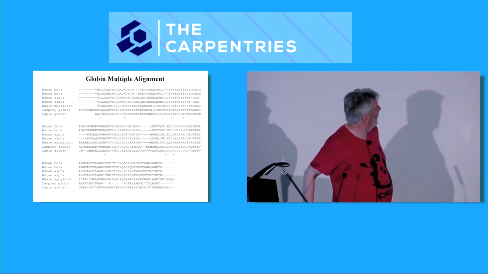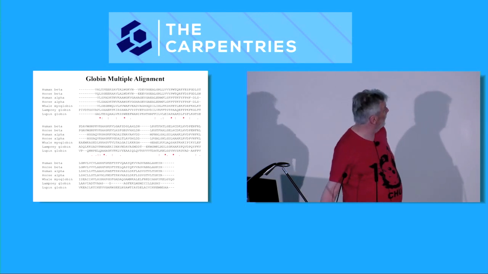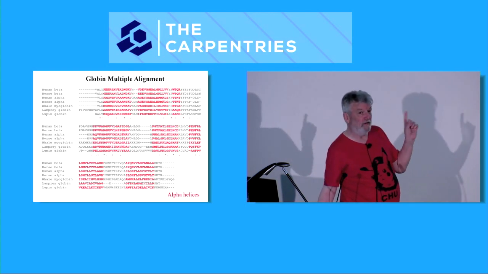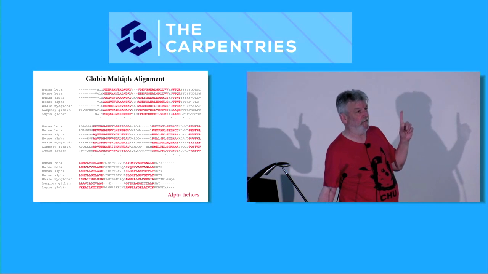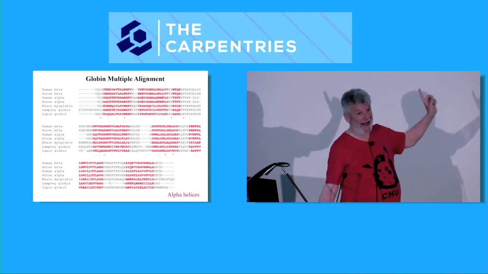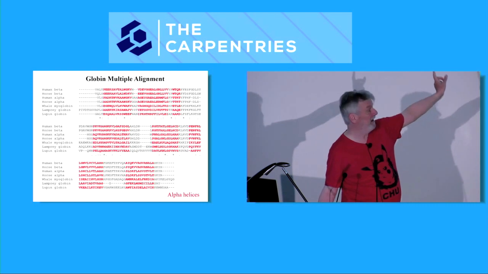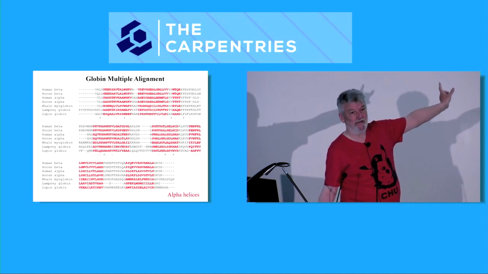I mentioned earlier about common structures. So in this case, I'm showing the core regions of the alpha helices in these proteins. These are all alpha proteins. The alpha helices are not all exactly the same lengths, but if you show the core regions, then they look like this. And so this emphasizes the fact that they have the same core structure, the same 3D structure,